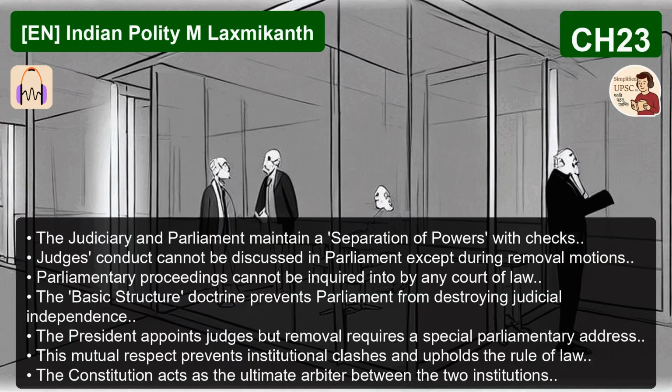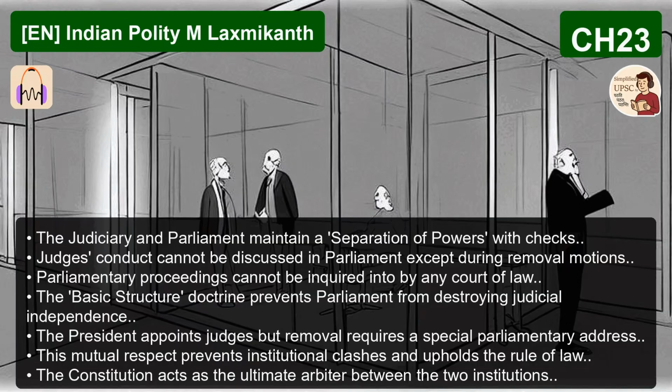The guillotine. A critical procedural flaw. Parliament often runs out of time to debate every single demand for a grant. So at the end of the voting period, the Speaker applies the guillotine. All remaining demands are just put to a vote simultaneously with zero debate. Zero debate. That sounds like it defeats the whole purpose. It dramatically weakens the concept of the power of the purse. Sometimes over half the budget goes completely unscrutinized.